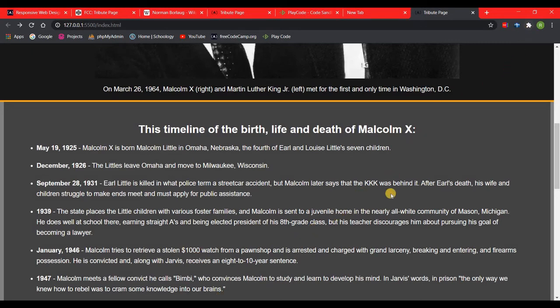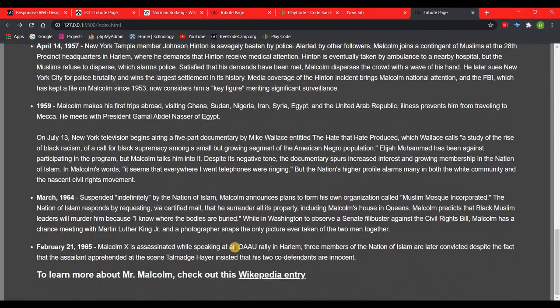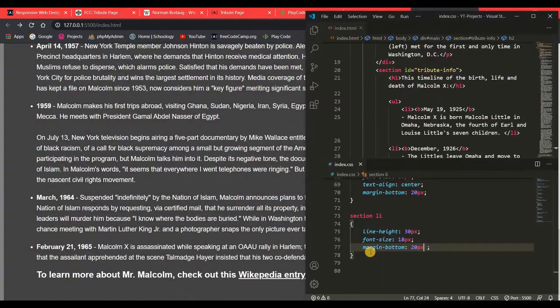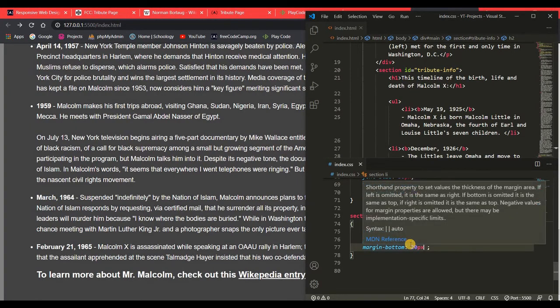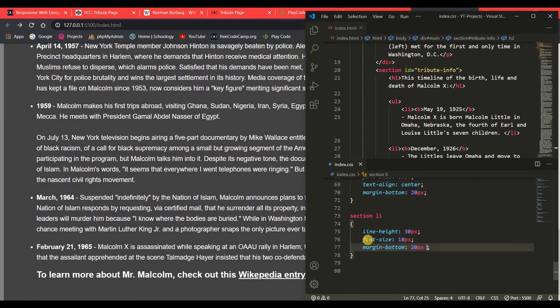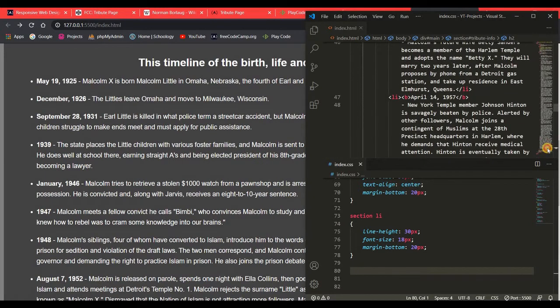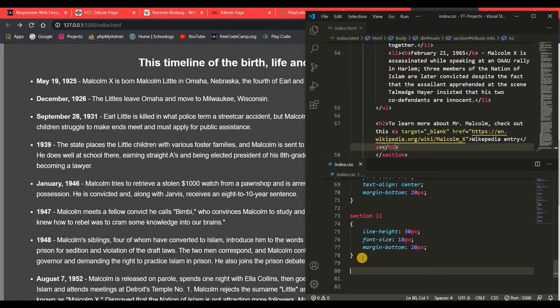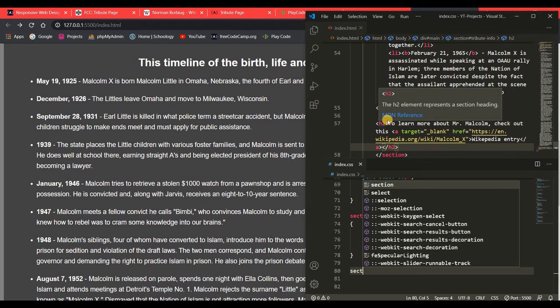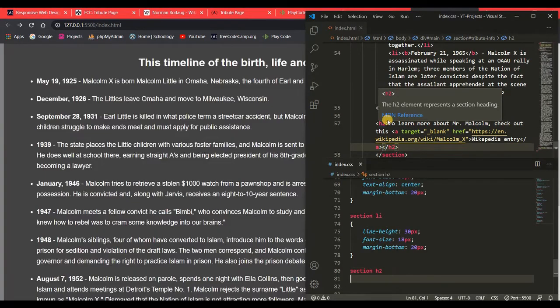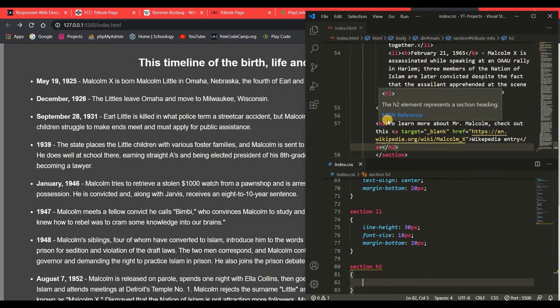So now we could just go down and style this. So that's our A tag, which is at the bottom, all the way at the bottom, right here. Nope, that's our H2 tag. Okay, we just target the section H2, and we'll give that